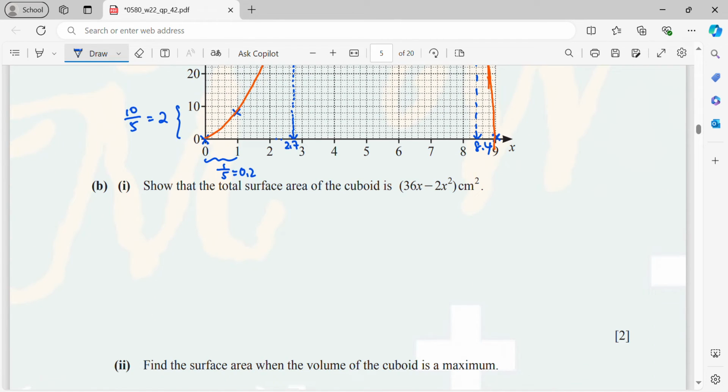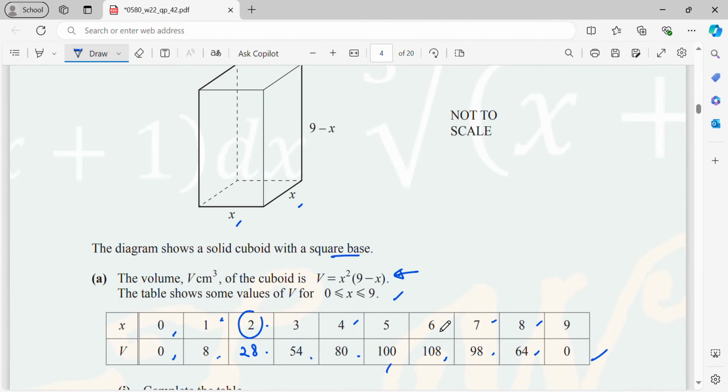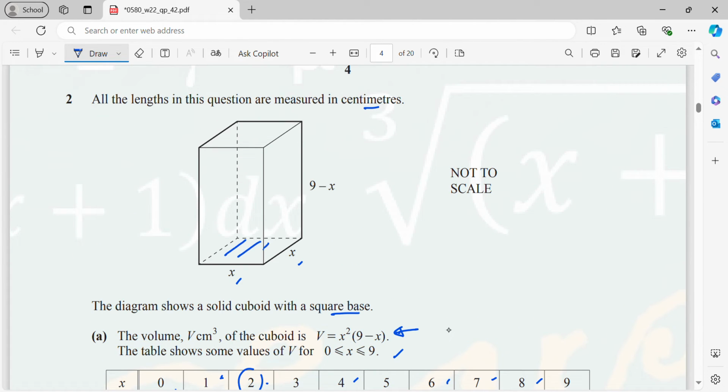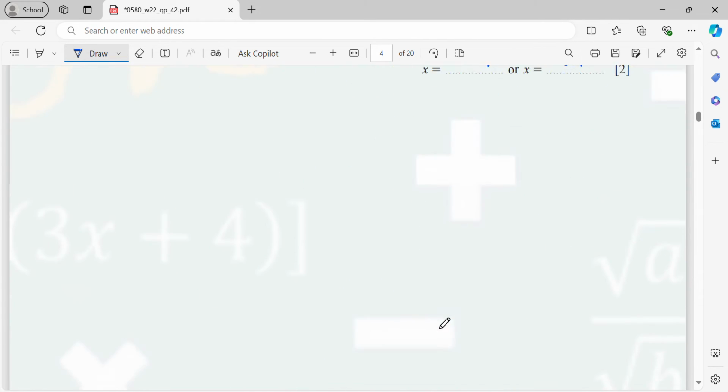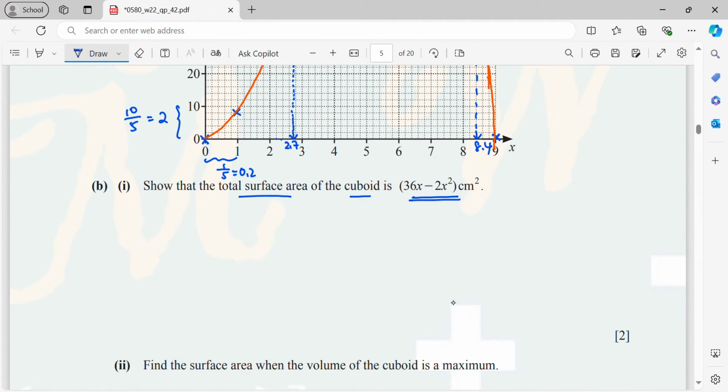Okay, now B, first part, show that the total surface area of the cuboid is this expression. So go back to the cuboid. We know that a cuboid has two bases. The area of the base will be the area of a square, so it's 2 times x squared. So I will write total surface area equals 2 times x times x. That's the base area. And then I add,